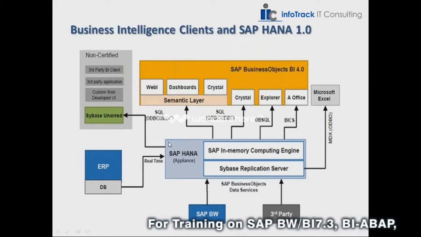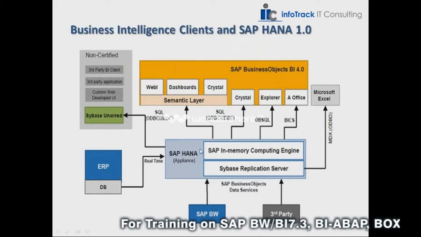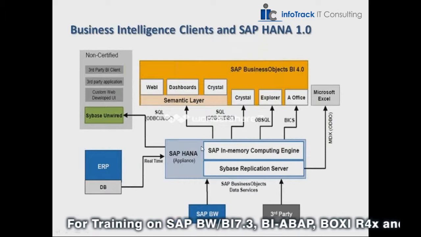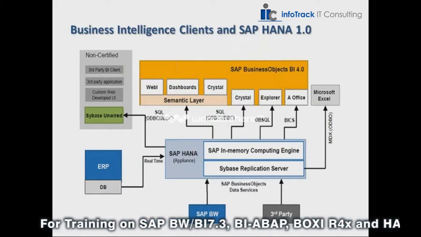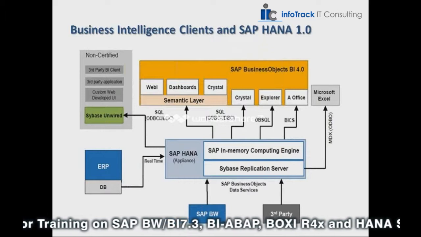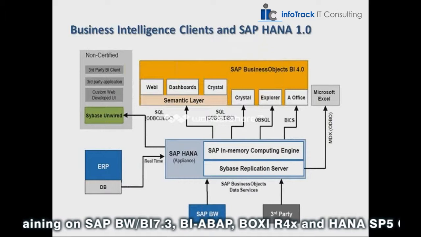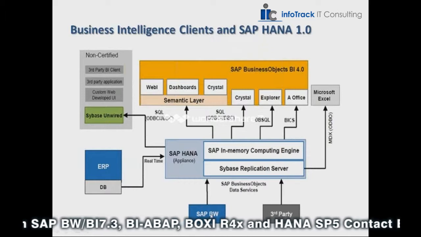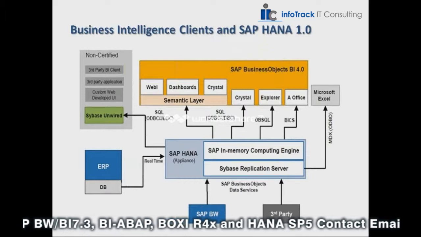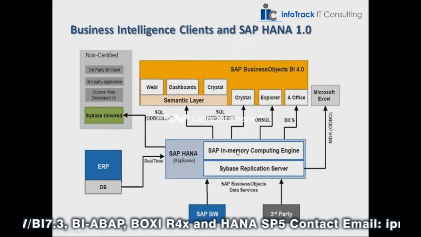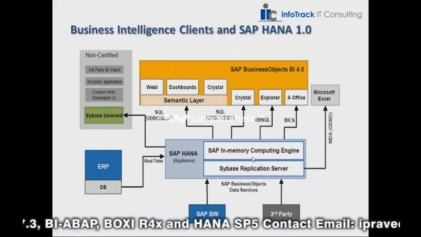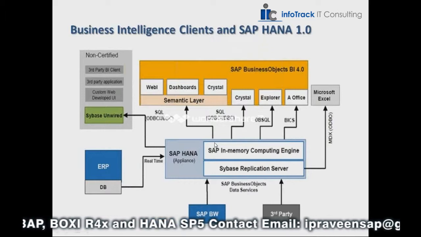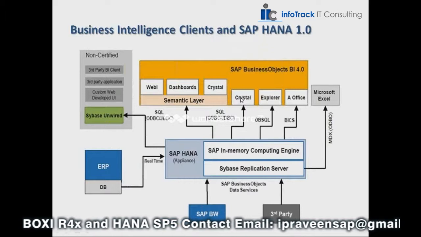For summarized or aggregated reports, we will always seek the help of a semantic layer. The semantic layer is the meaningful layer which will contain the logic to build summarized or aggregated reports. To develop these reports in Business Objects, we use Web Intelligence, Dashboards and Crystal Reports. So three different types of tools are there. We can use this HANA database for both real-time reports and summarized reports, and we can also do reporting using Microsoft Excel. For this we will use MDX.